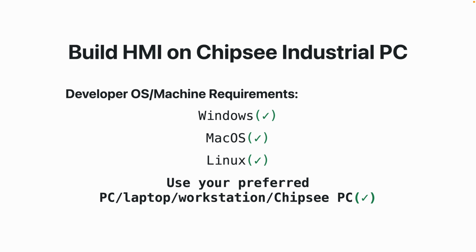Secondly, there are also no constraints on the operating system you use to develop for ChipC industrial PCs. All of the software I suggest are either cross-platform or have equal replacements on other operating systems. You can't go wrong with either Windows, macOS, or Linux on your own computer. That means you can use whatever machine you have, a gaming PC, a laptop, a MacBook Air, or a workstation. You can even develop directly on the ChipC PC. I wouldn't normally recommend that unless your ChipC PC has a screen of 13-inch or above. In that way, this is totally doable.